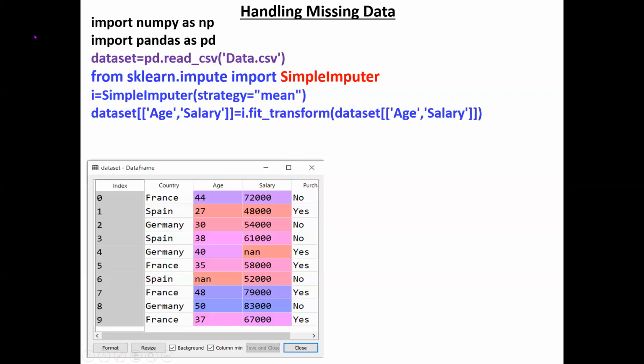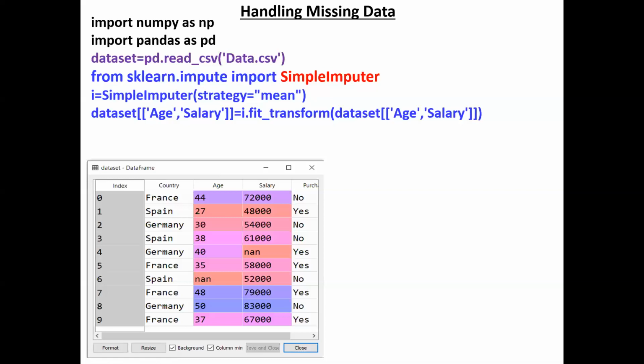Data frame is nothing but if you write the statement data set is equal to pd dot read underscore csv of data dot csv, now this data set variable is nothing but a data frame. That means your Excel sheet or CSV sheet is loaded into your Spyder. That is a data frame. So the modifications you done on your data frame are not affected in the original file actually. If you open our original Excel file data.csv, the mean values are not replaced.